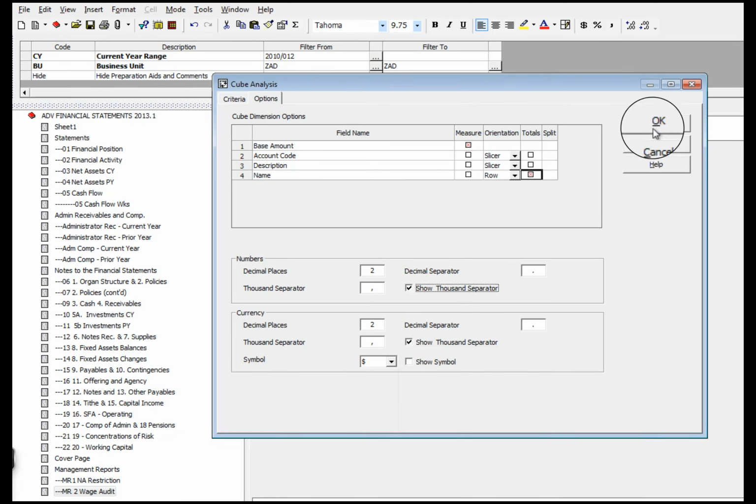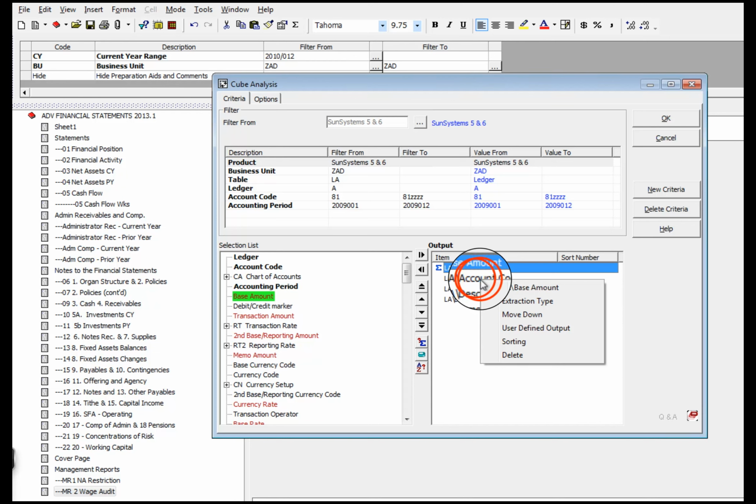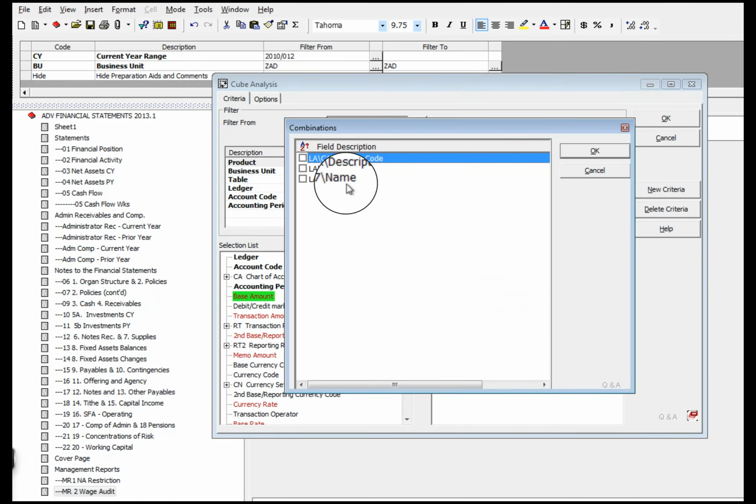All right, and here is a little trick. I want my column headings to be my account code and description. Remember, you heard it first here. I want these to be a single heading. Okay, I don't want two things here, so I'm going to right click here, go to combinations and click the two that are linking.